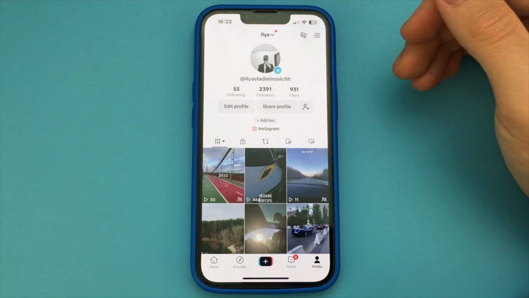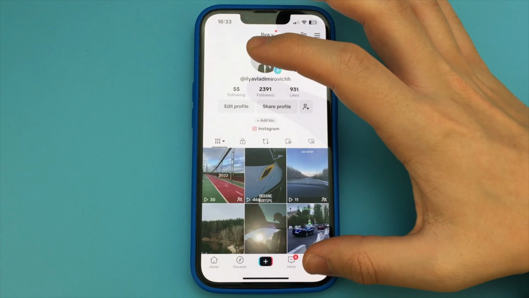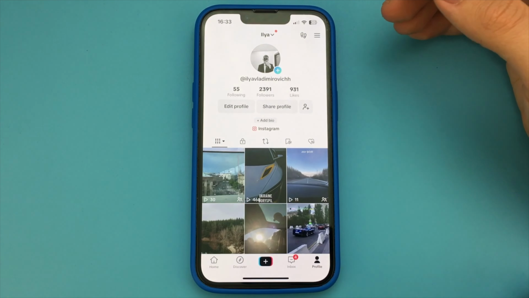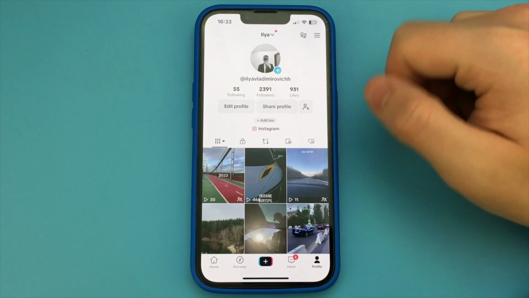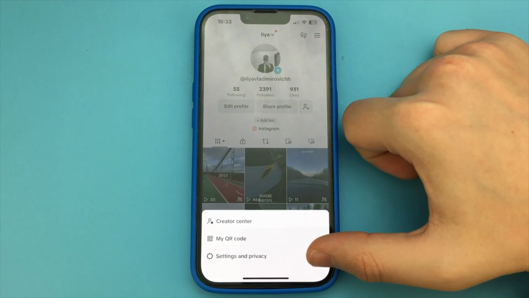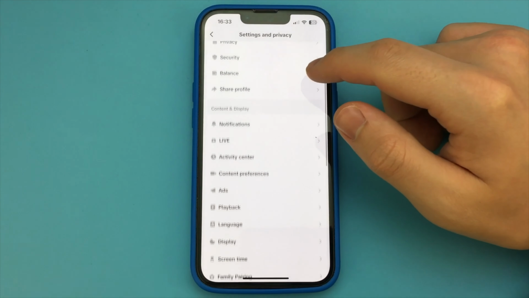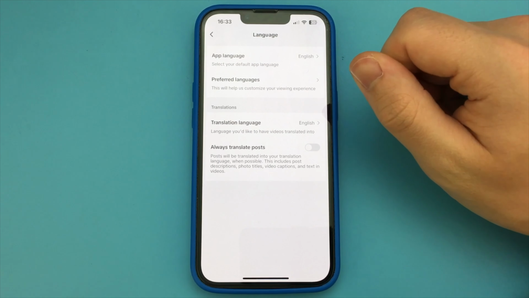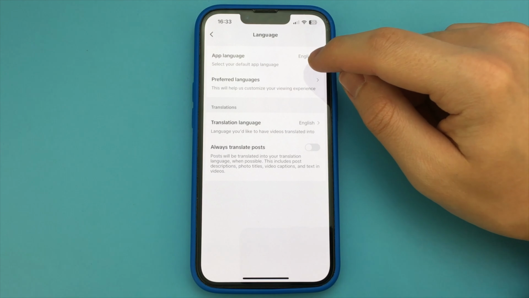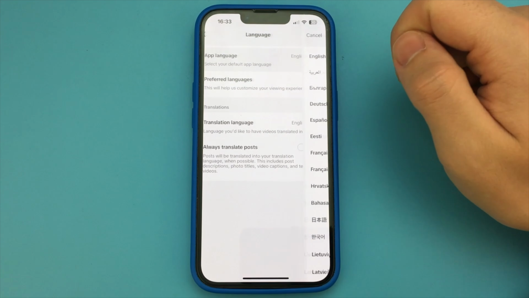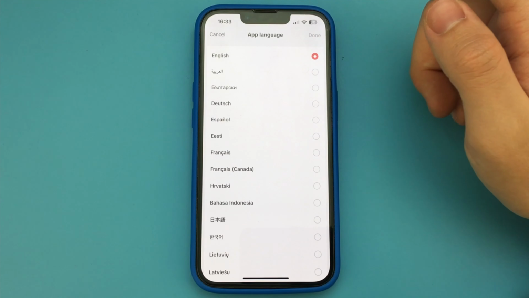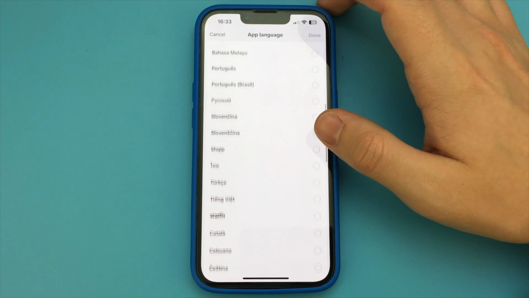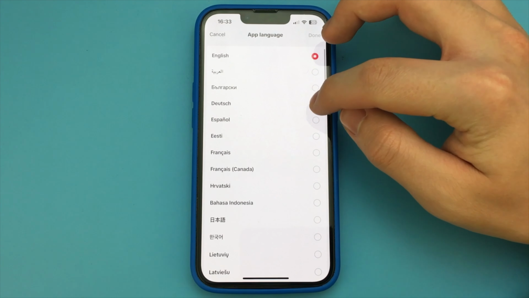Thank you. In this video, I want to show and tell you how to change the language in the TikTok app. Watch. To do this, you log into the app. Then you open your profile, and you click on the three bars. Then you click on Settings and Privacy. Now you go down a little bit further and click on App Language, and you choose any language you want. I choose Spanish and the app changes to Spanish.